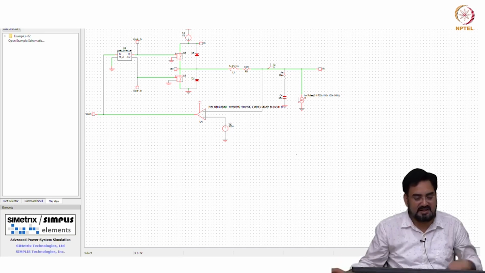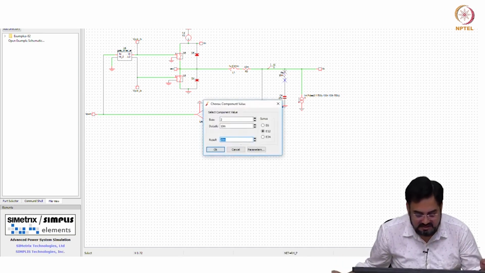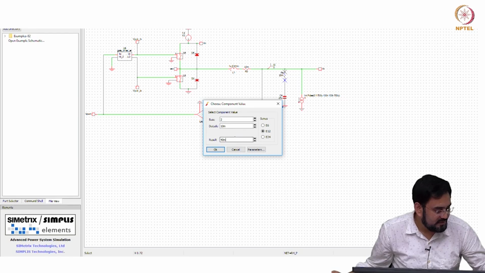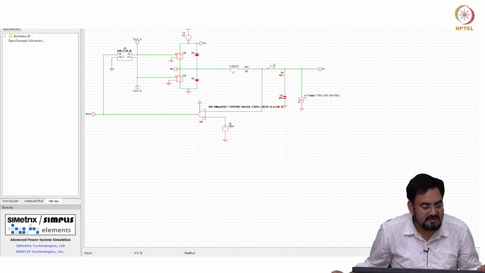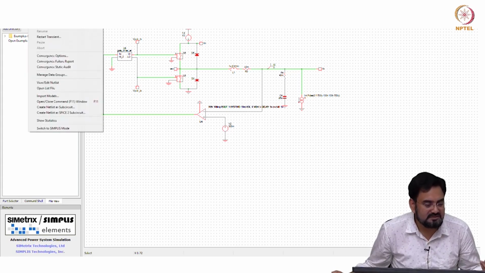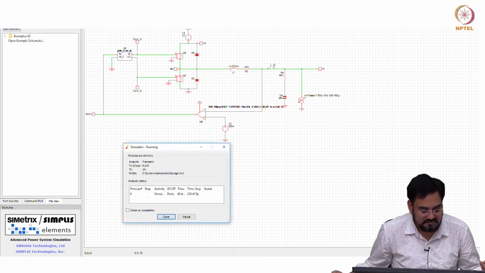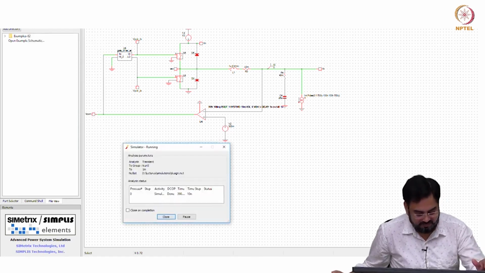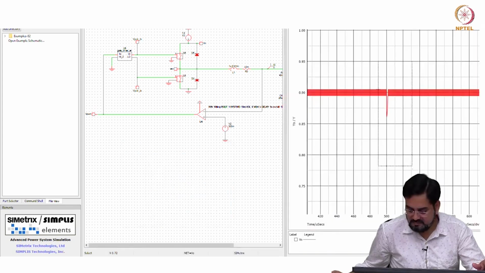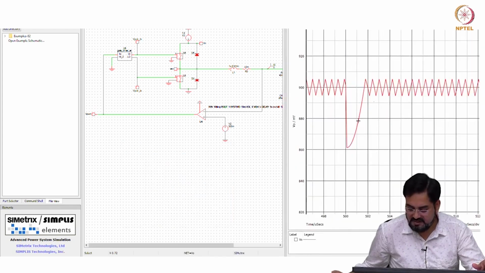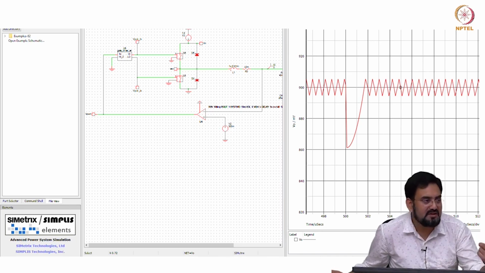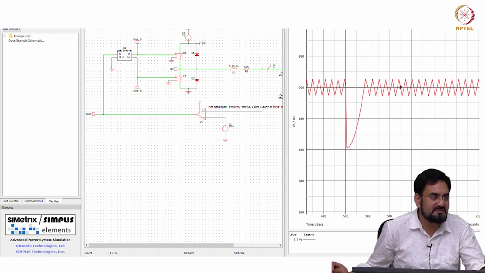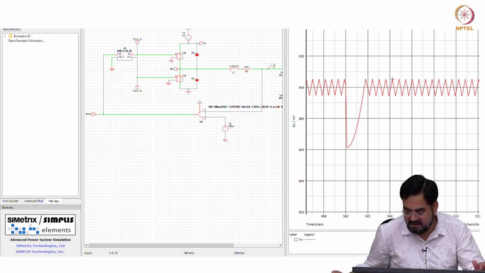But if you change the RESR, let us say I make this RESR 40 milli. What should be the frequency? Frequency is proportional to RESR. So it will get almost double. So let us see if that happens. So now you can see output looks much cleaner. Now it is almost linear because the non-linearity is gone. The component which is coming from the capacitor is not there at all.